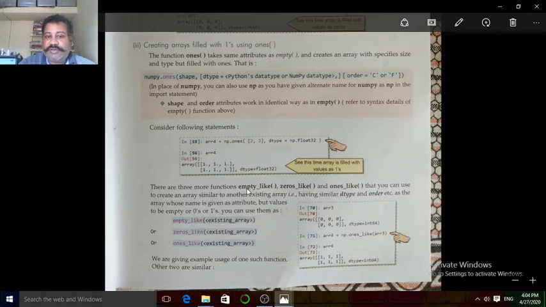There are 3 more functions: empty_like, zeros_like and ones_like. We have already learned about the empty, zeros and ones functions. Now we see how these functions work: empty_like an existing array, zeros_like an existing array and ones_like an existing array. See the same array, arr3.